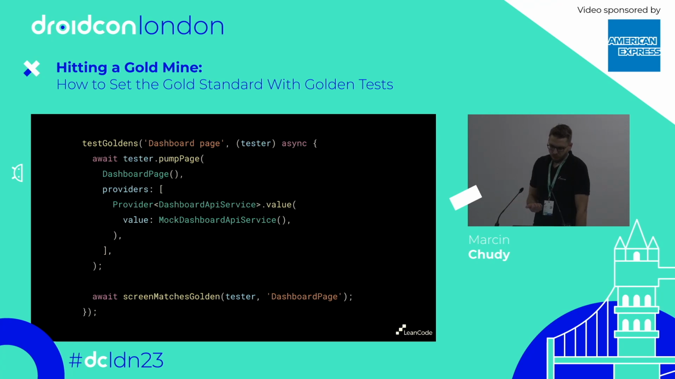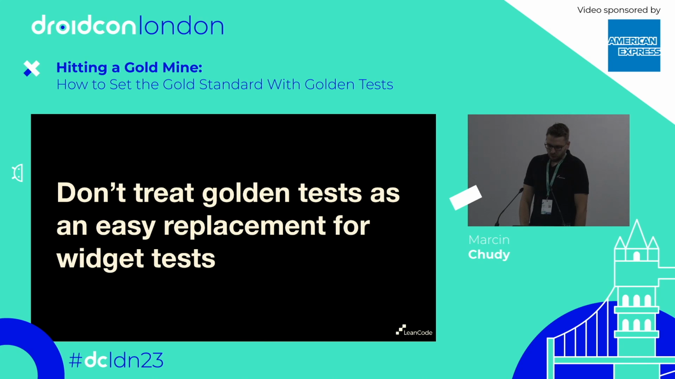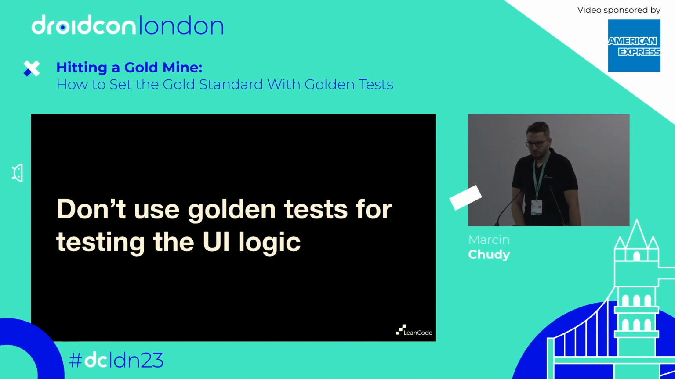And this actually worked really well, because if you have some predefined responses, you typically need to write them for unit testing anyway. So you can also use them for golden testing as well. And something that is important to realize, and it's a trap that you can fall into, is that golden tests are not a replacement for widget tests. What I mean by that is that you shouldn't use golden tests for testing UI logic,